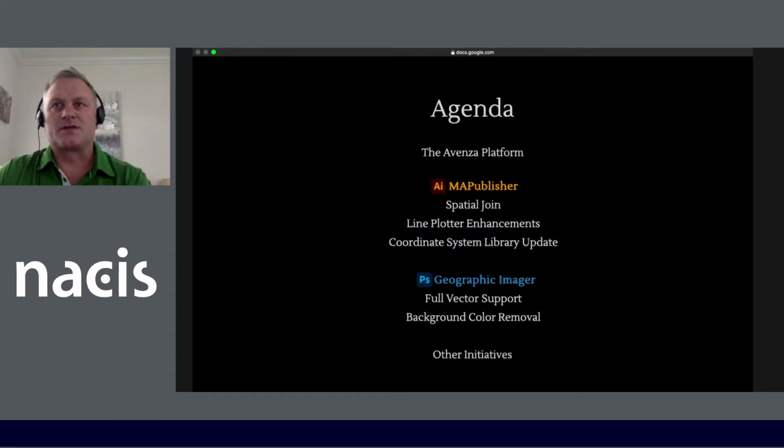So here are the things I'll talk to you about today. For those new to NACIS this year, I'll give you a brief overview of the Avenza platform, and then I'll talk to you about some of the coolest features that we put into MAPublisher and Geographic Imager since October of 2019. So for MAPublisher, I'll talk to you about Spatial Join, a very exciting feature that we brought in this year